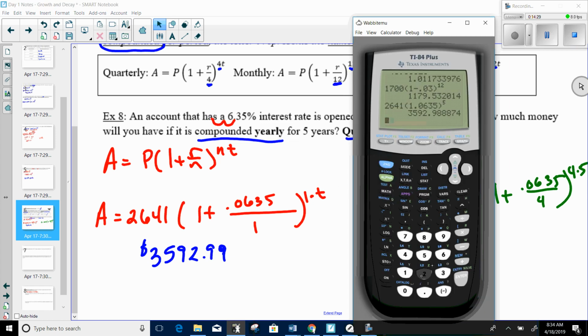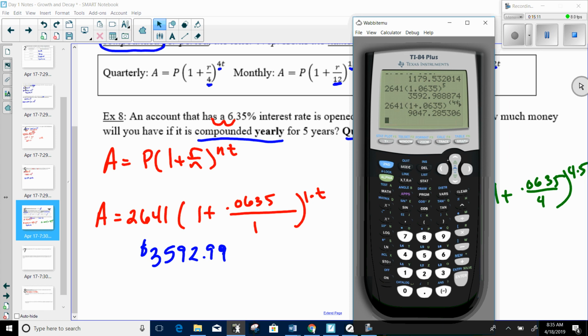So it'd be 2,641 parentheses 1 plus 0.0635 close raised to the 4 times 5. Make sure you put that exponent in parentheses, and I did not do that. And you want to put it in parentheses so the calculator knows that both of those are the exponent, or you could just do to the 20th power. 4 times 5 is 20. And you get 9,000. That doesn't seem right, but